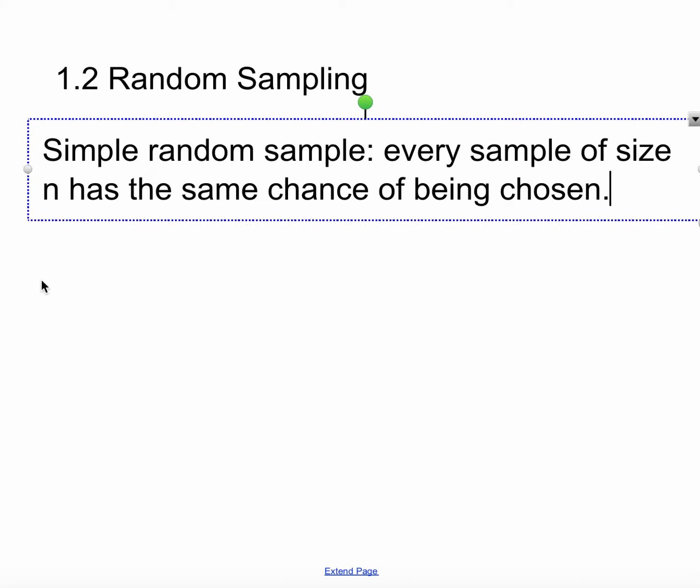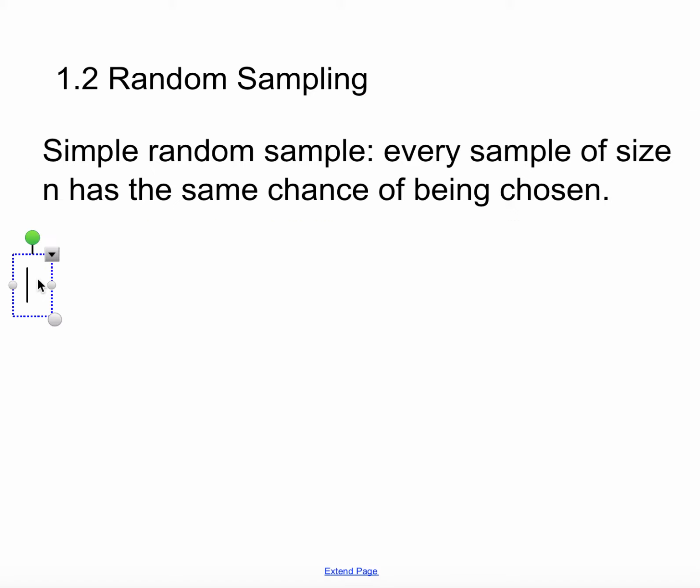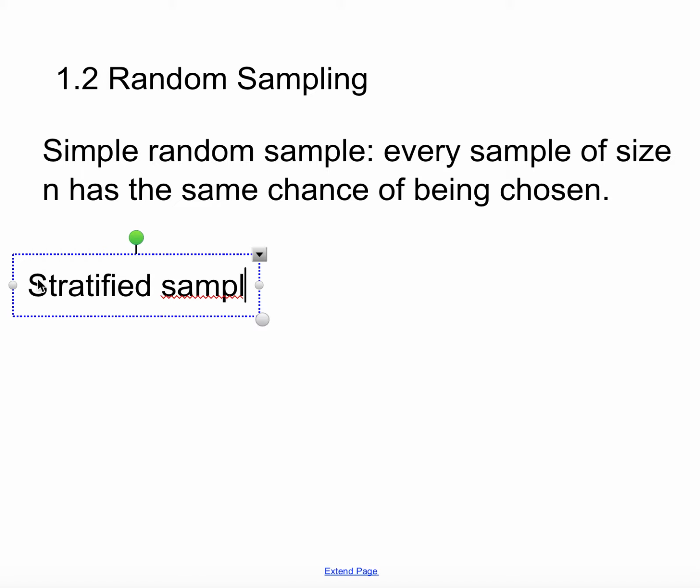It's very difficult to get a simple random sample. It's the one we like to have. It's where we want to go, but it's very difficult to get one. So there are other types of samples. Another one that is probably just as difficult to get, and has a different purpose besides being easy or hard to get, is called stratified sampling. And stratified sampling